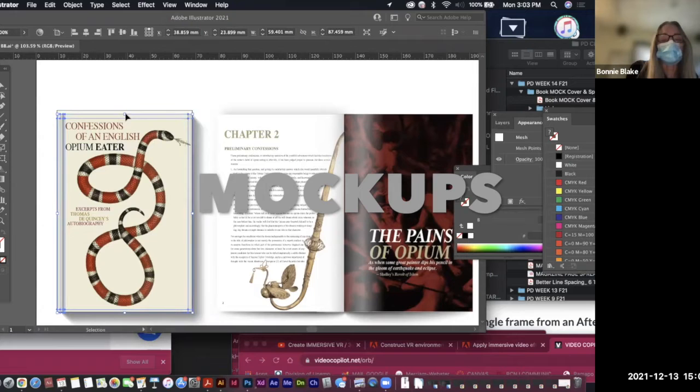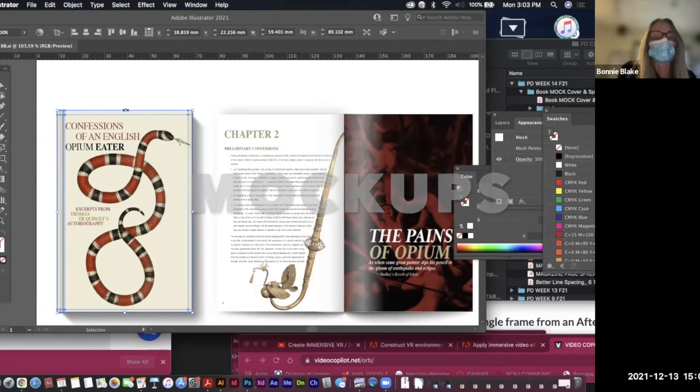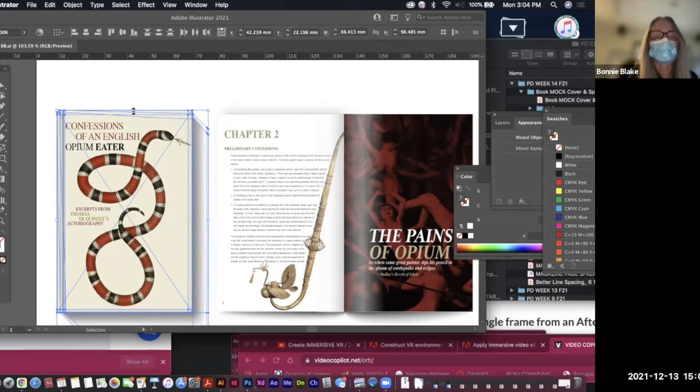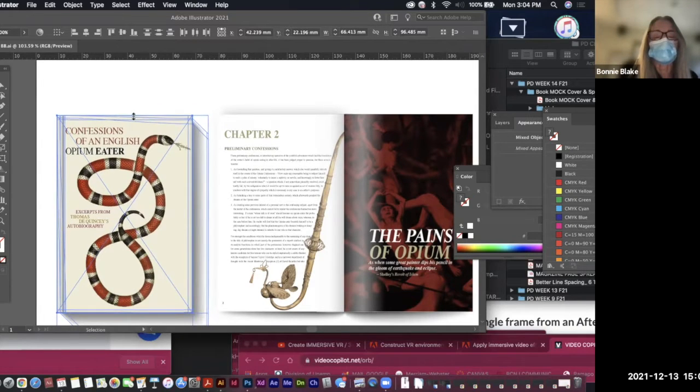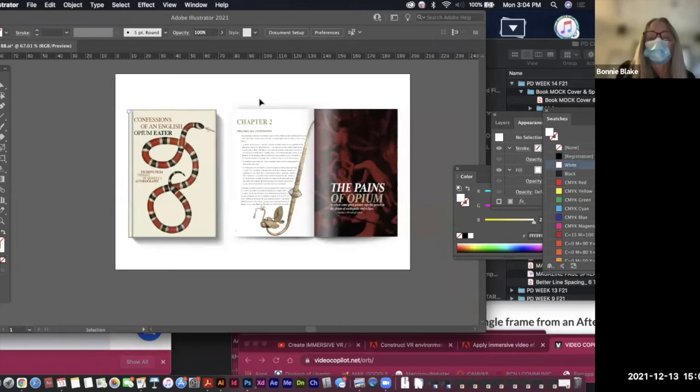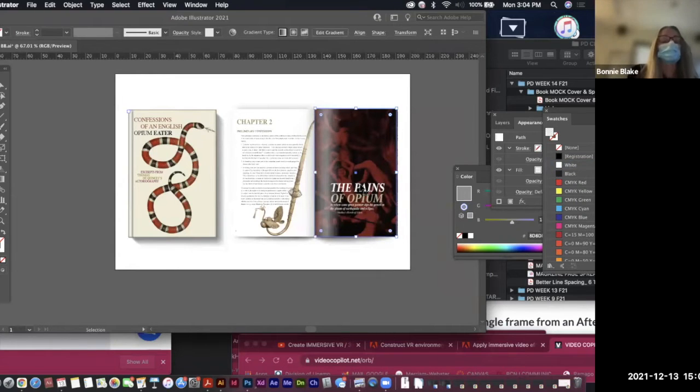With these mock-ups, you can usually cheat a little bit. Like you can take the whole thing and just sort of squish it down so it's the same size. Nobody knows the difference. Okay, so you can actually use this. And the nice thing about this is